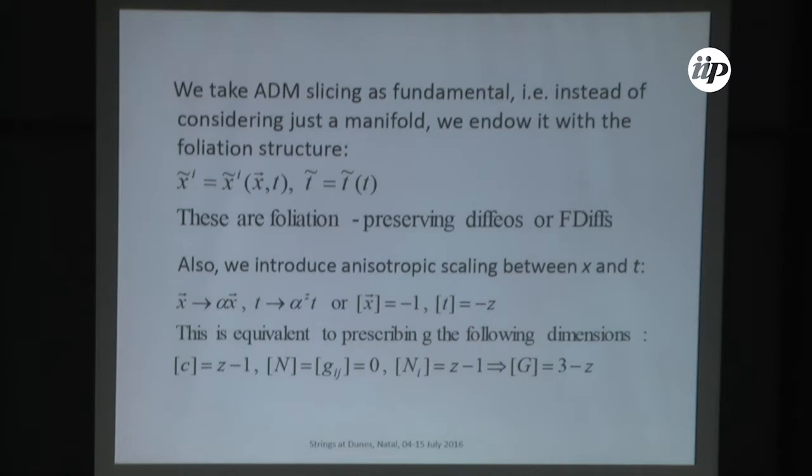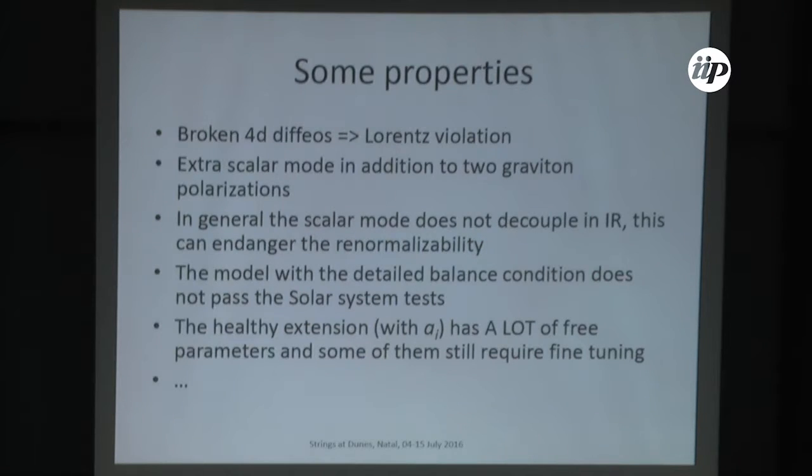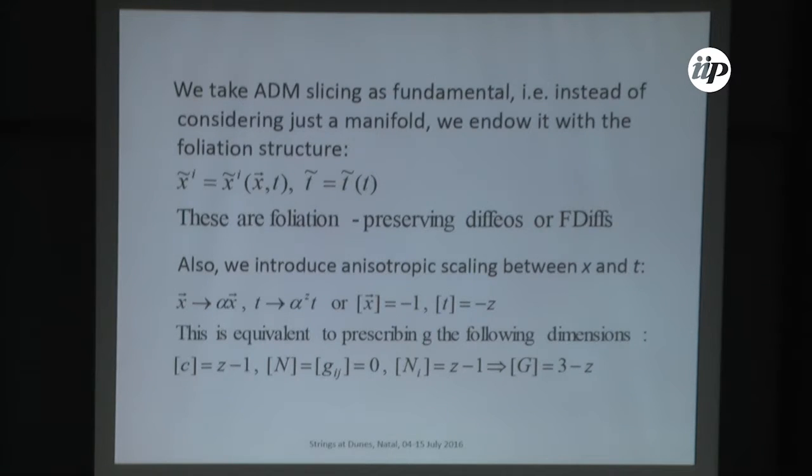So that's the idea of Hořava. Let's do that, meaning let's think that the fundamental symmetry is not four-dimensional diffeomorphisms, but foliation-preserving diffeomorphisms. So I'm allowed to do only such changes of coordinates which preserve my foliation structure. So that's exactly this. This one. Okay?